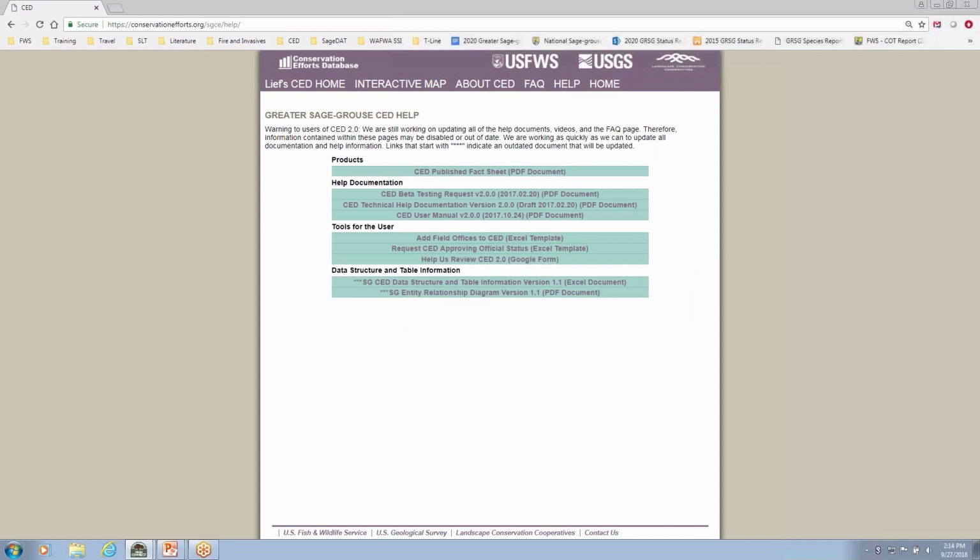Under the Help tab is where we will post documentation and guidance to help you use the CED. Information includes fact sheets containing a summary of the conservation efforts database, the CED user manual, and a quick start guide, both of which will walk you through how to use the CED in varying levels of details,